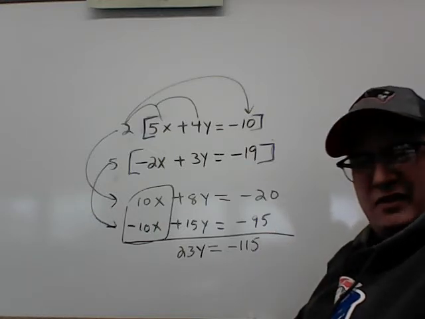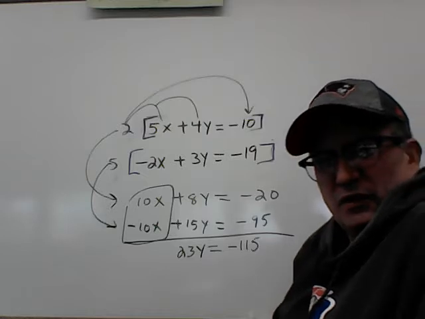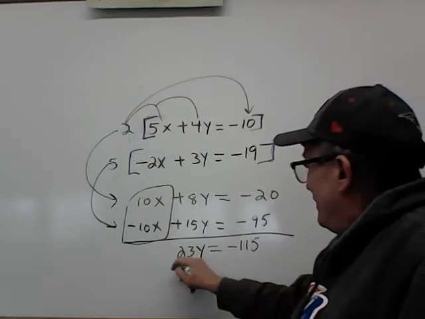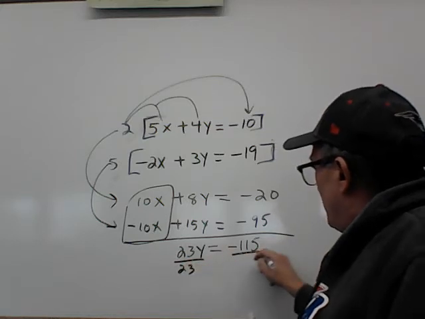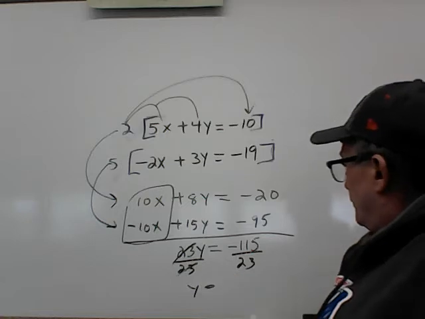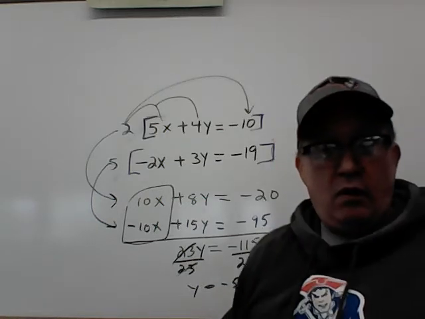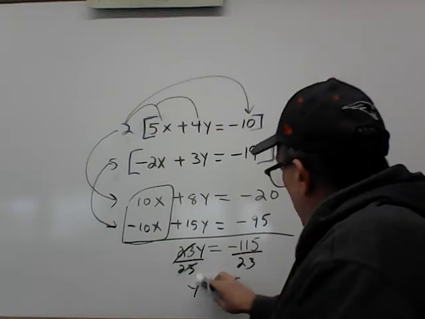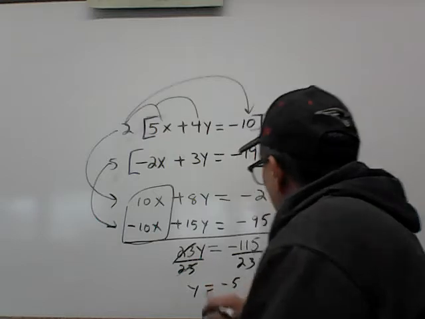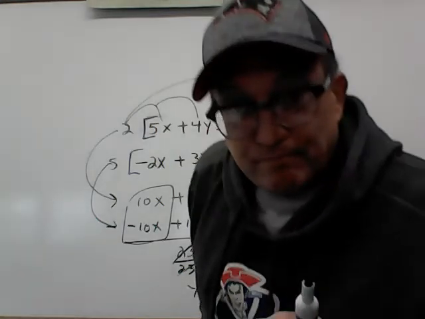Now that might look, ooh, that doesn't look very promising to come out to a nice solution, but it will. Look what happens. Divide each side by 23, and you get y equals, guess what? Y is negative 5. Ooh, what a surprise. Not really. Y is negative 5. If you haven't figured it out by this point, ladies and gentlemen,